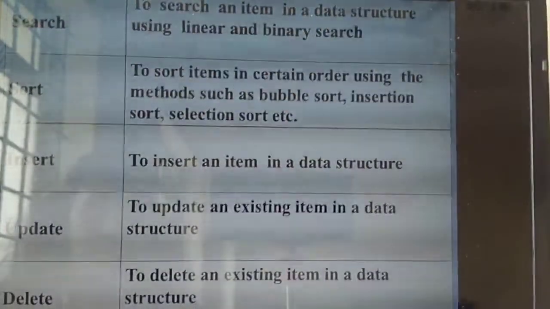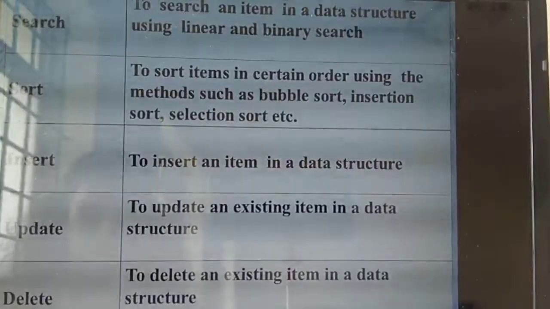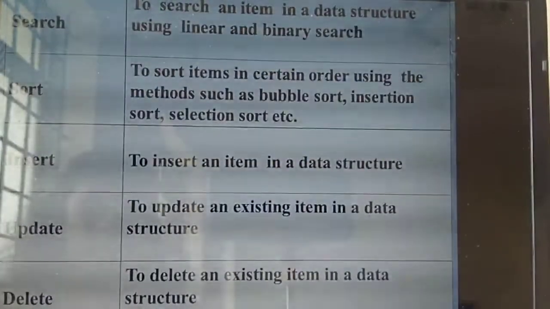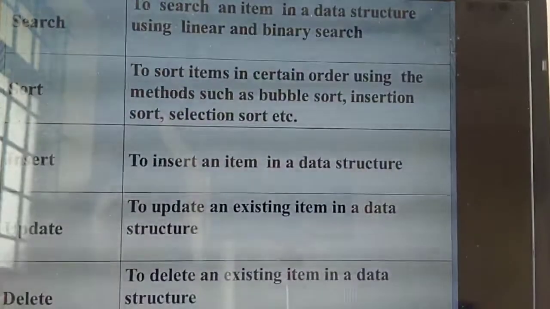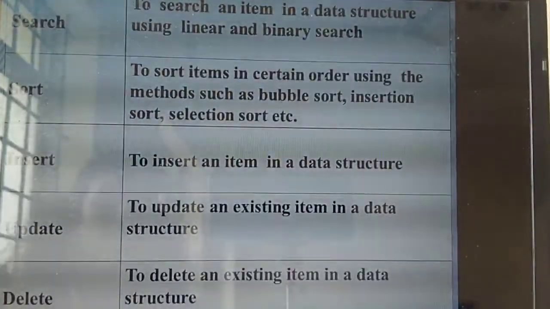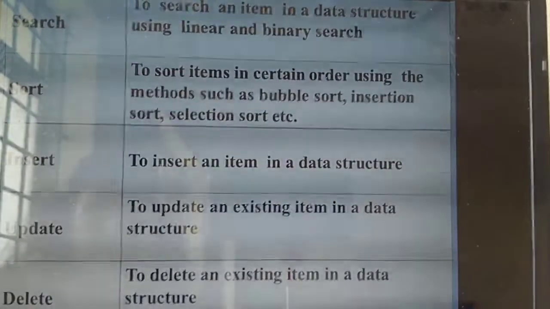What are the algorithms you are using for sort? Bubble sort algorithm, insertion sort algorithm and selection sort algorithm. What do you mean by sort? To sort items using the methods. What are the methods? Bubble sort algorithm, insertion sort algorithm. Next one is